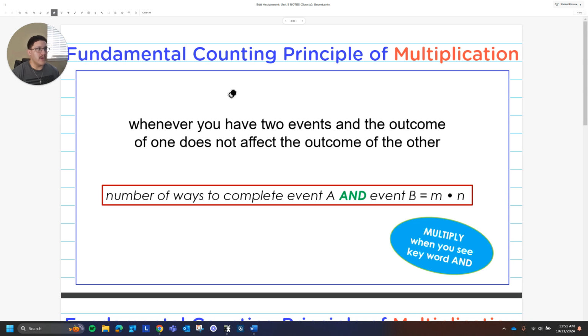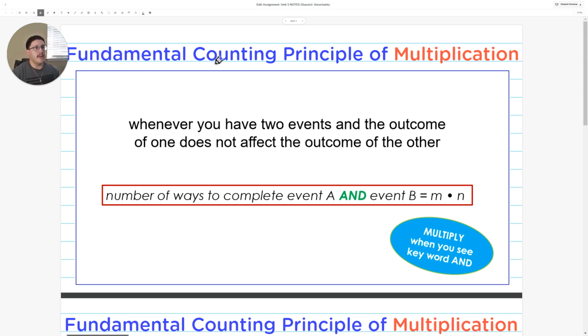Okay, going to a new fundamental counting principle. Fundamental counting principle of multiplication. The previous 2 scenarios were for addition. Scenario 1 meaning there was no overlap. Scenario 2 meaning there was some overlap. For multiplication,